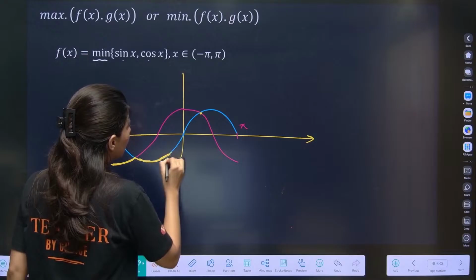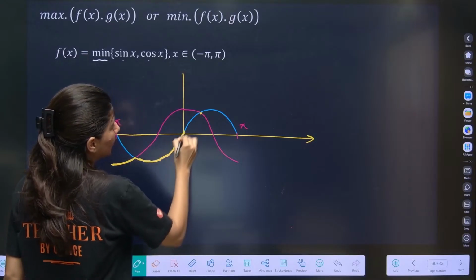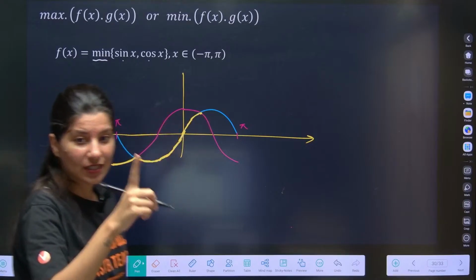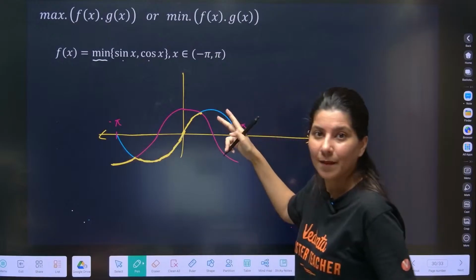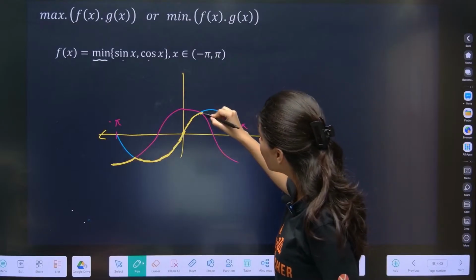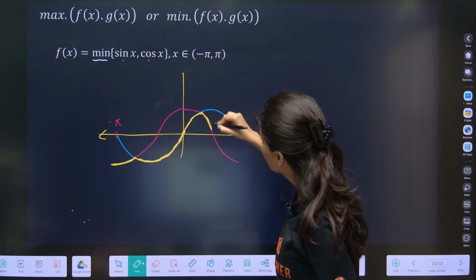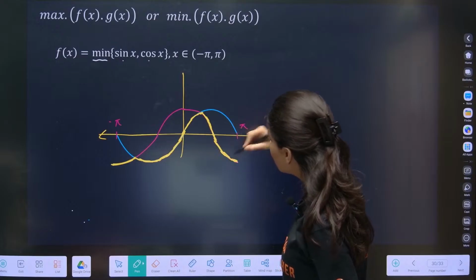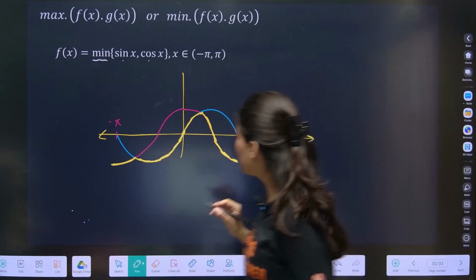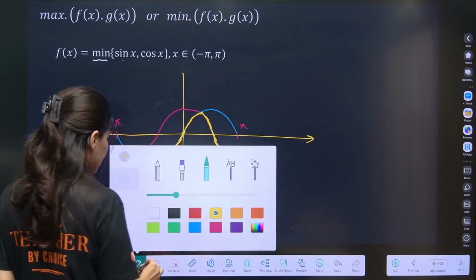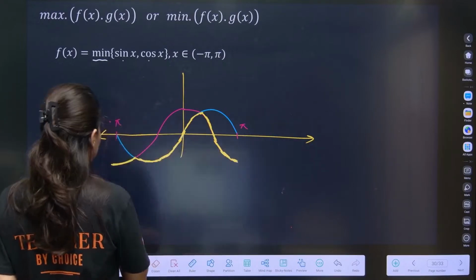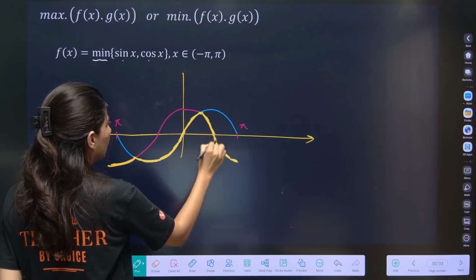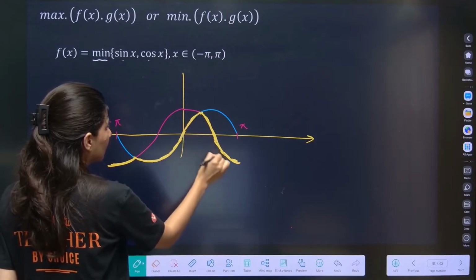This is still below. Blue below pink, blue below pink, blue below pink. And now the situation changes. Blue becomes above, but pink becomes below. So pink is below, and I will only talk about the below graph. All the yellow part is my graph. If you try to draw it, just see this. This is my graph. Can you see the yellow part?